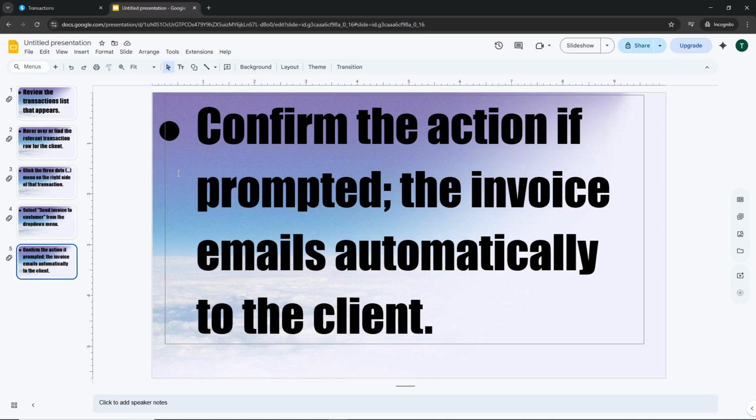The invoice will then be sent immediately, ensuring your client receives all the necessary billing information without any additional steps on your part. And that's it. You've successfully learned how to send invoices to your clients on system.io, streamlining your billing process and maintaining clear communication